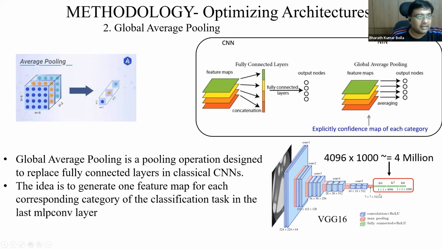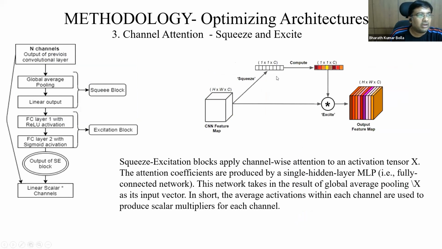Okay, and the second thing is, if you want, you can use squeeze and excite. Squeeze and excite is another exciting block you can use. For example, let's say you have a feature map here, right? Somewhere in the middle layer, you don't know which feature maps you need to retain, right? Which channels you want to retain.